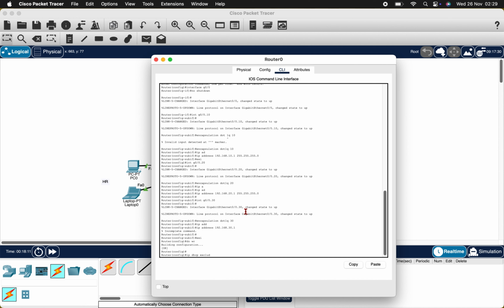Exclude addresses you don't want DHCP to hand out. Usually the gateway and reserved static addresses. IP DHCP excluded-address